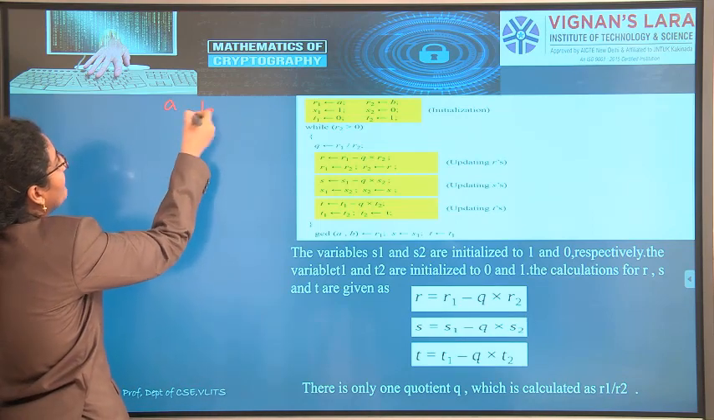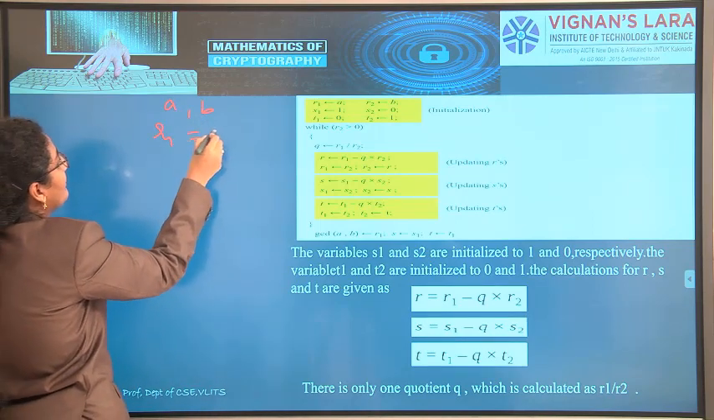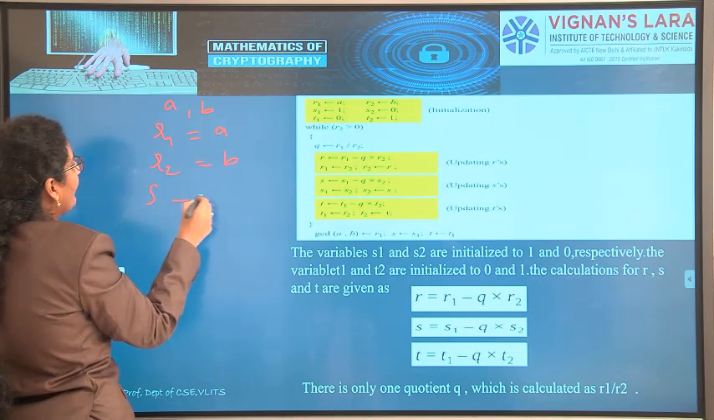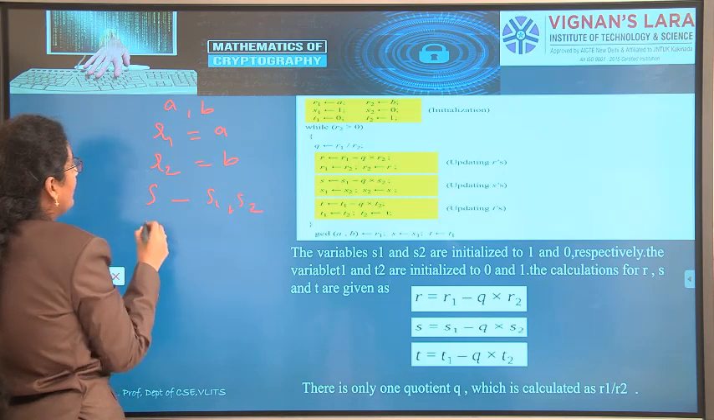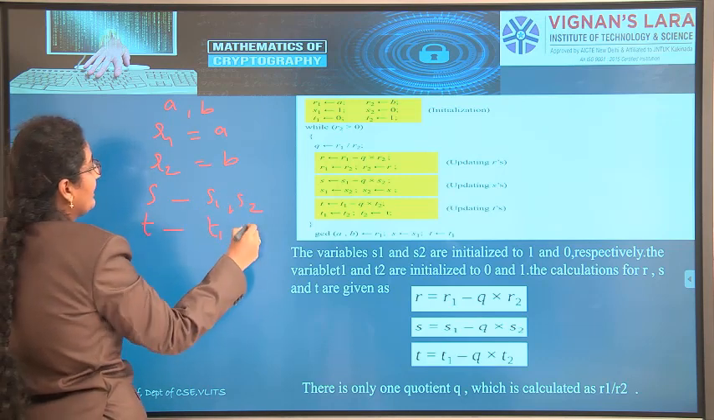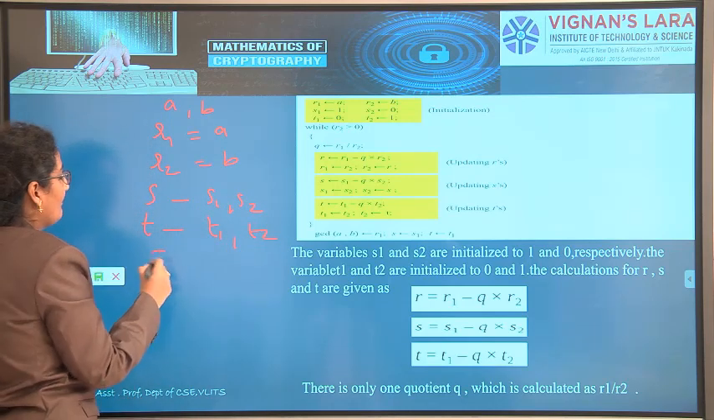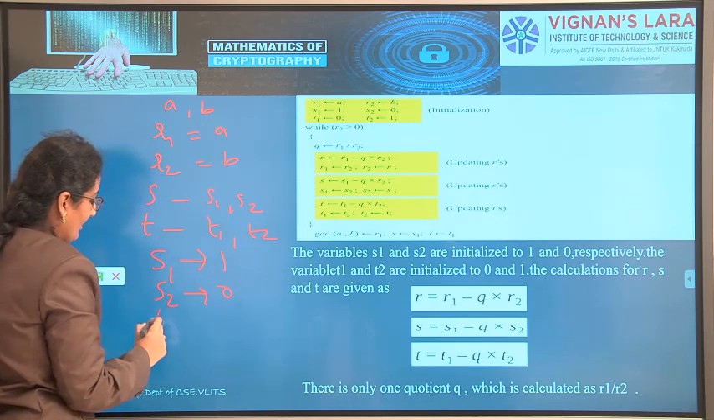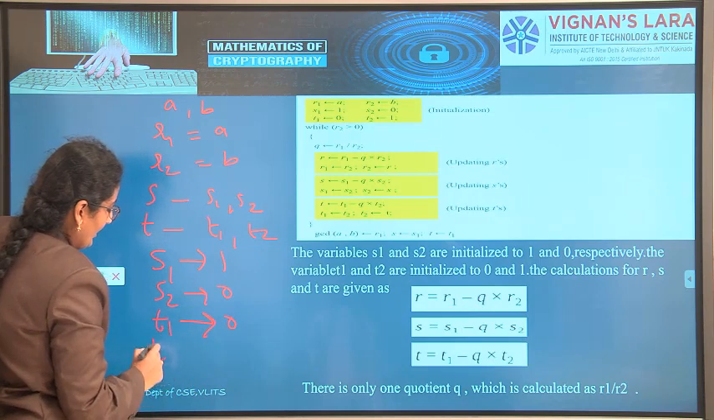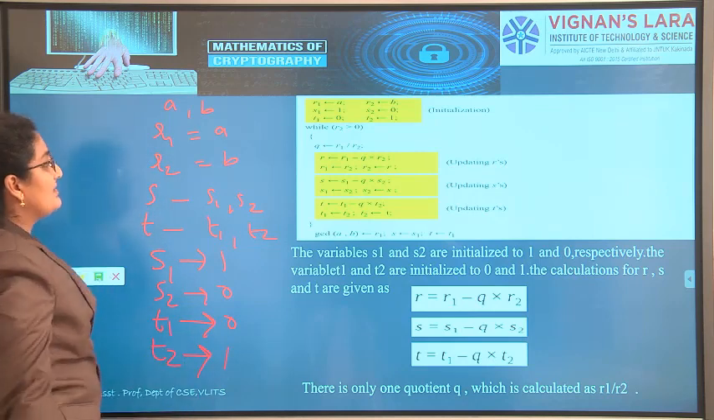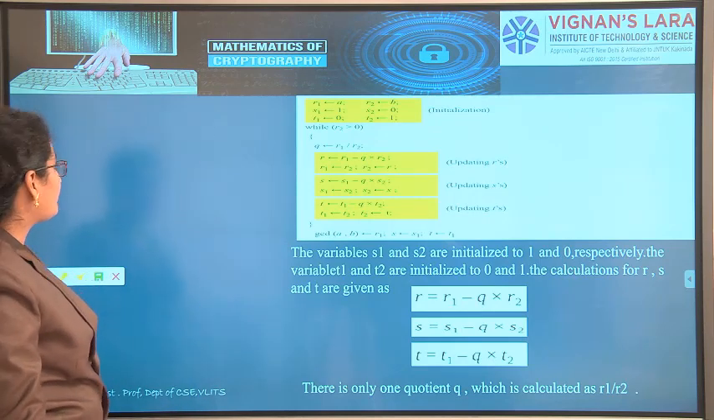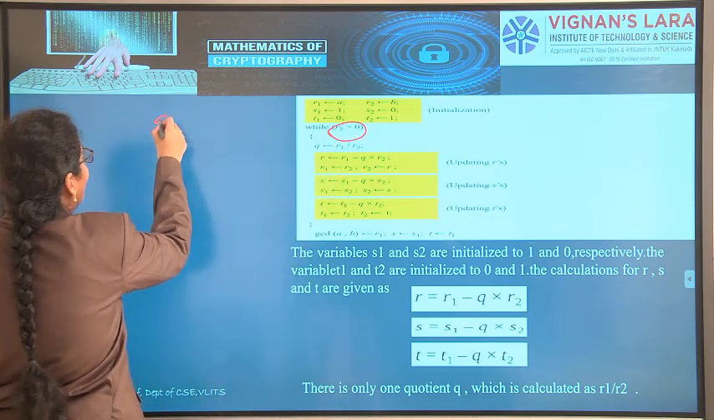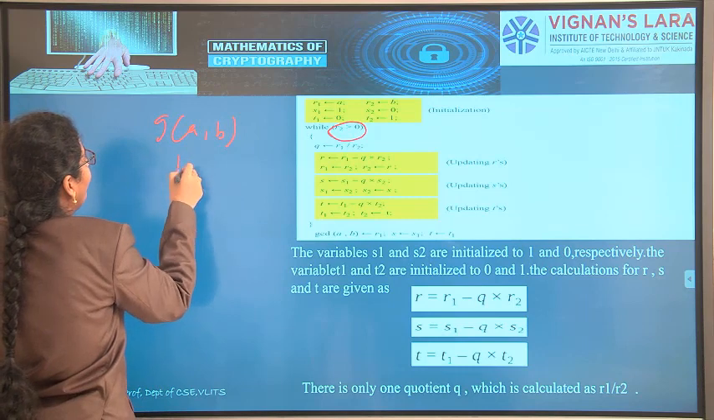So A comma B, two integers, R1 equal to A, R2 equal to B. S divided into S1, S2, T divided into T1, T2. So S1 equal to 1, S2 equal to 0, T1 equal to 0, T2 equal to 1. This is the initialization. Now always R2 should be greater than 0, meaning GCD of A comma B, B not